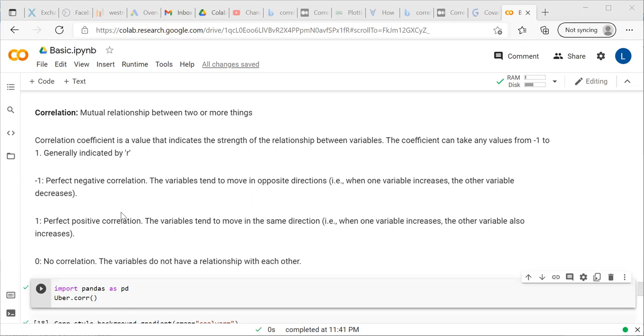So this is calculated with a formula. We are not going to explain the formula in this video. If you are interested, you can Google and find out those formulas. We are going to use Google Colab Python for calculating the correlation coefficient, so you need not worry about this. We will show you how to calculate the correlation coefficient with Google Colab Python. Now we are going ahead with the coding.